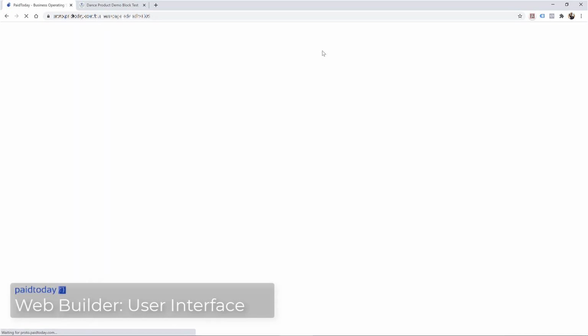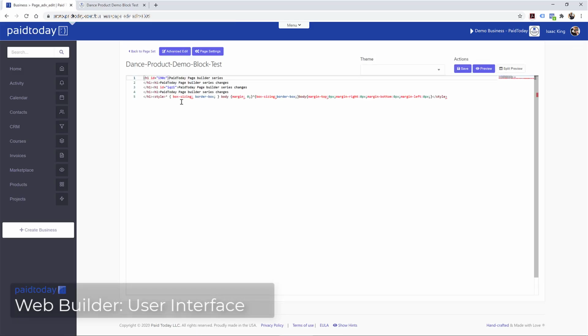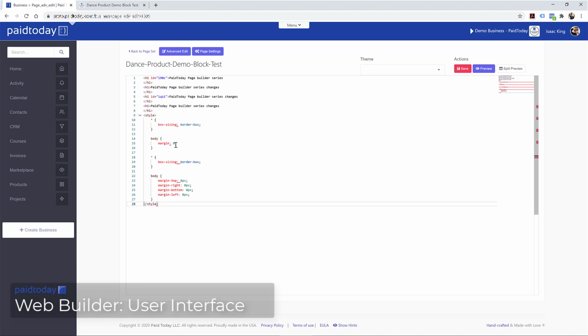And then from in here you will see we have a full VS style code editor, so things that you can do in VS Code you can also do in here. So we can go ahead and right click, format document, and then you can see it's all nice and laid out for us. So you can highlight and control D, and you can see that anything that you do, if you're familiar with using VS Code and writing code in there, you can do it, but we give you full access to everything on your page. And so then what we can do is we'll just hit save, and then we'll go back to the advanced editor, click the advanced edit button here on the top left,